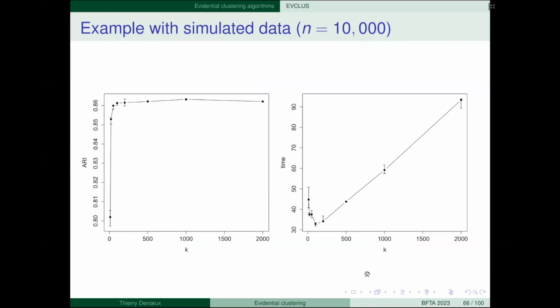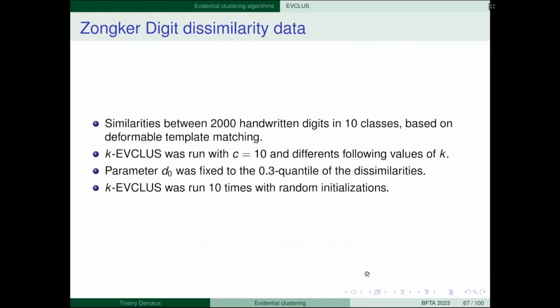So you have a matrix of 10,000 times 10,000, but in each row we just sample only 200 values among the 10,000, and the algorithm still works. And here this is computing time. The computation is also much faster like this. So this is really a drastic improvement.